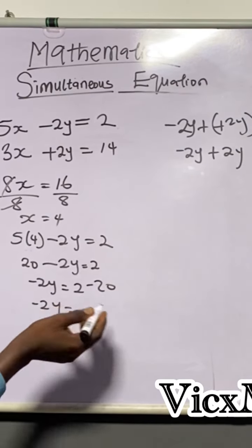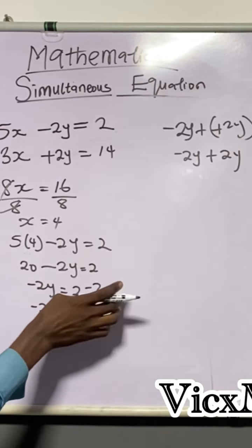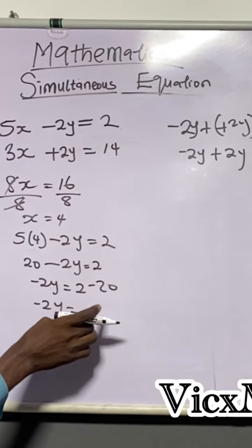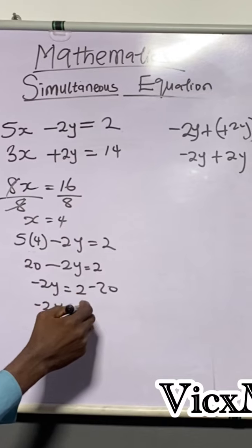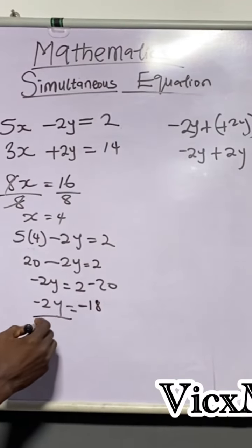So imagine if we have minus here and we have plus here. Because the bigger figure is having plus, the answer will definitely be in plus, but you still do minus. So here, you'll be doing this minus this, which is 18, but it will be minus 18. Divide both sides by minus 2,